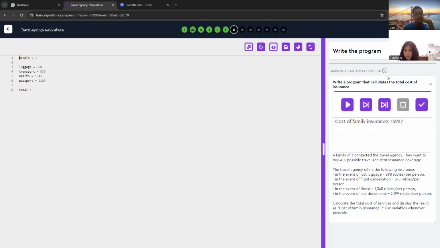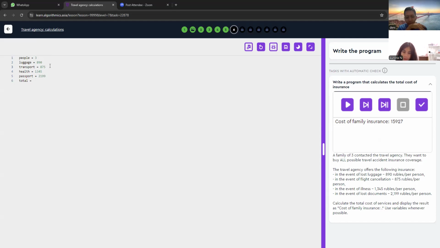Family of three, conductor, people, luggage.